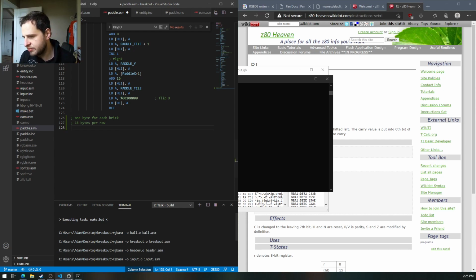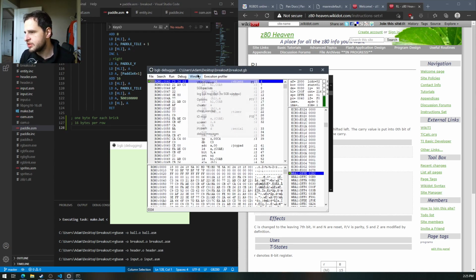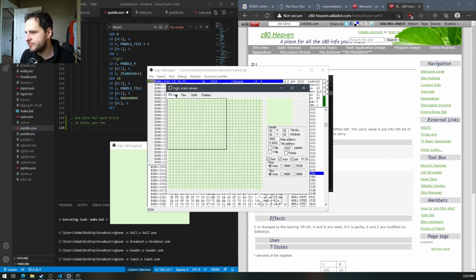If we look at the Game Boy, I'm going to pop open this VRAM viewer so we can look at the screen. The Game Boy screen is 160 pixels across, which means that any given row could have, assuming that we've got 8 pixel wide blocks, which I think is a reasonable assumption,